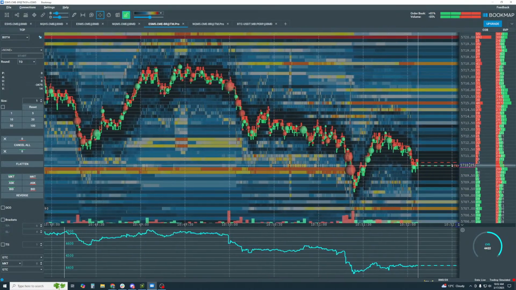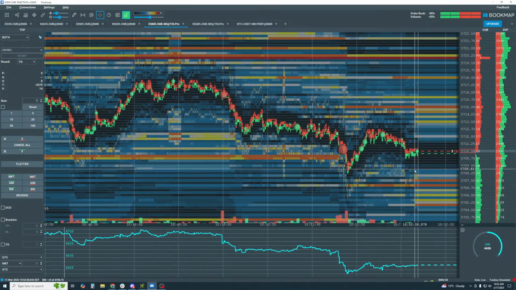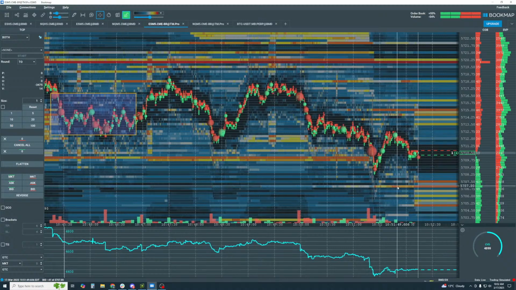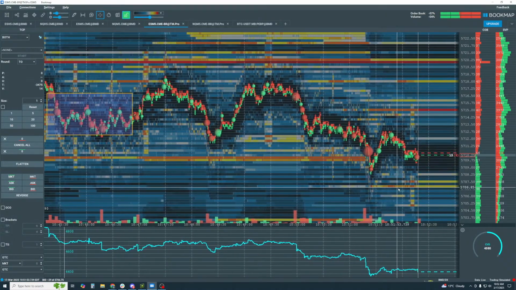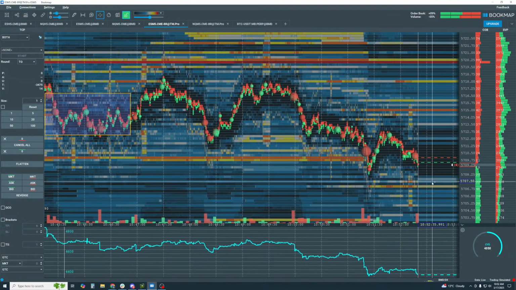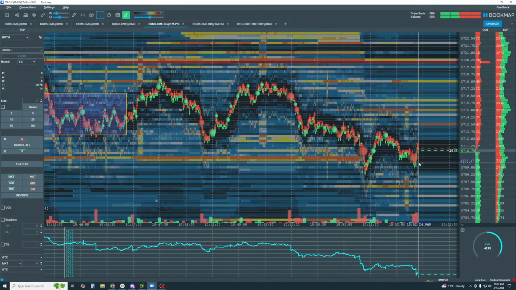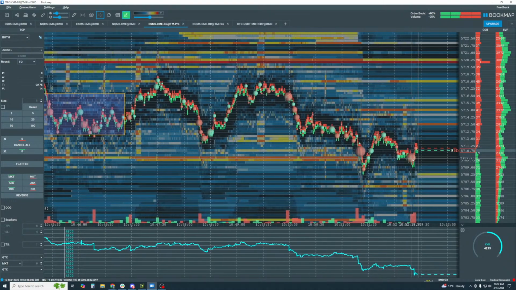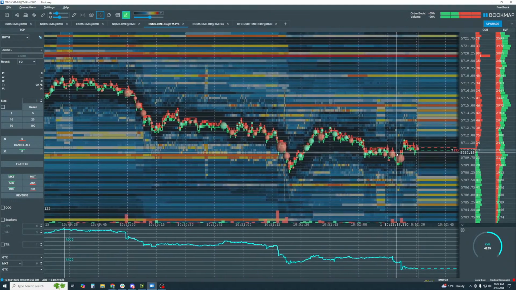No, okay, sellers are starting to come back in, or at least price action is dropping. Okay, there's sellers. And the moment there's sellers in here, price is immediately moving right back up above them.